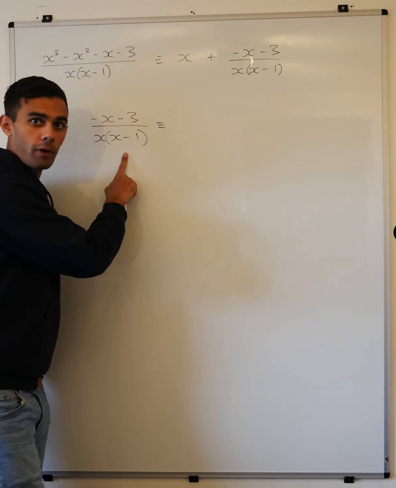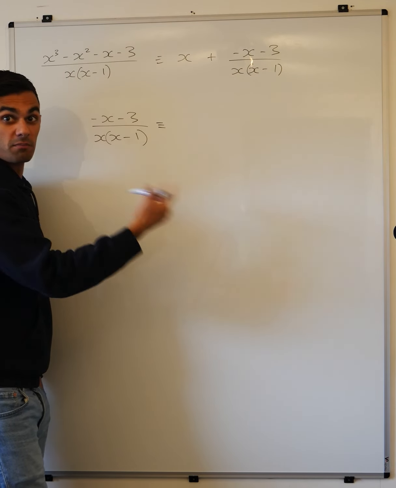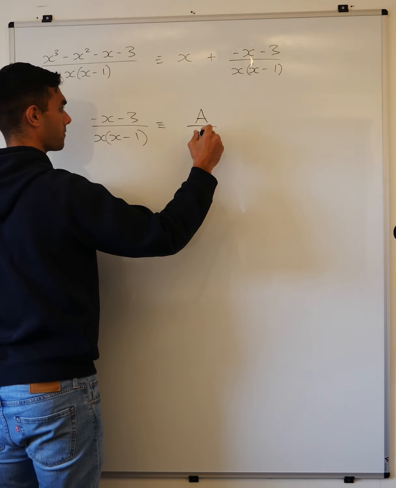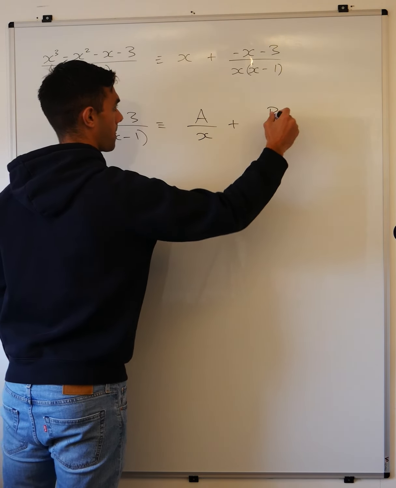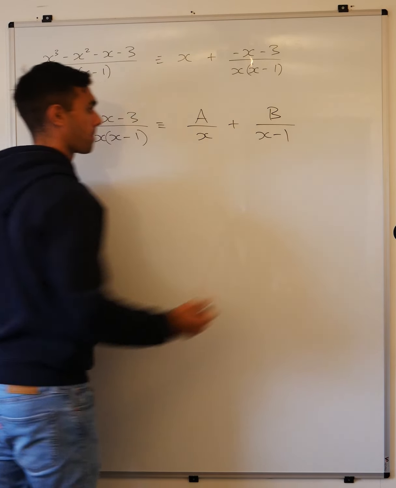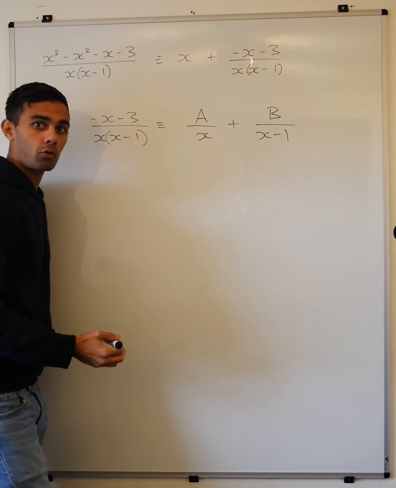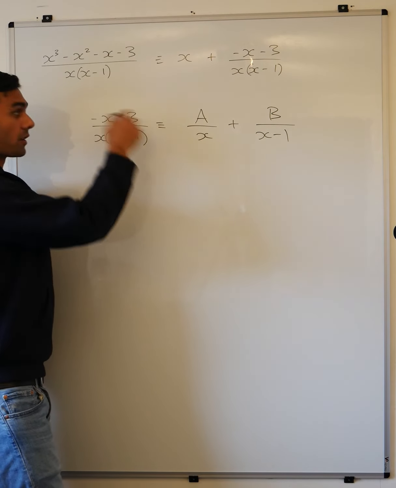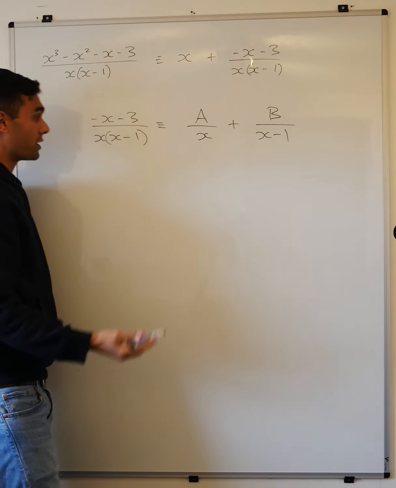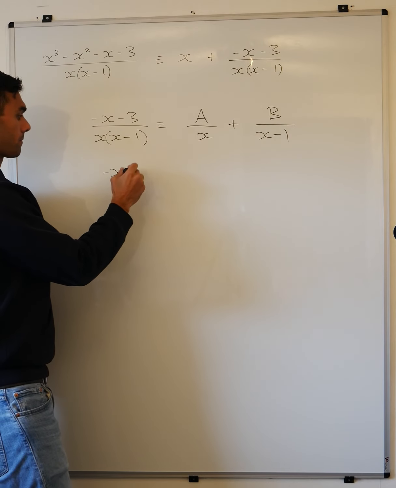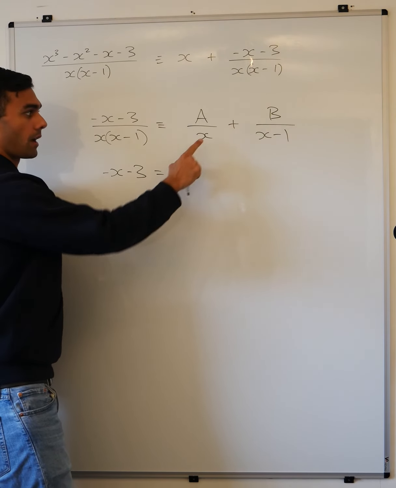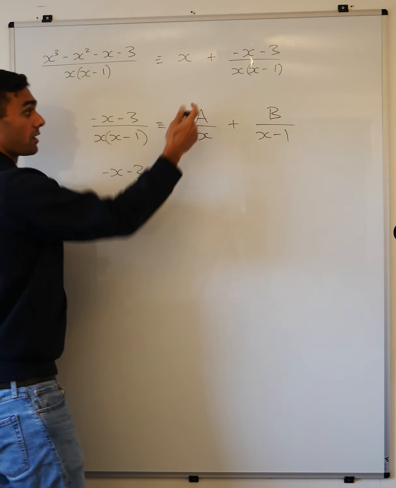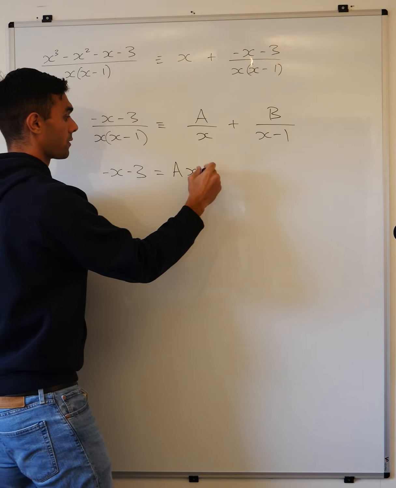To split it into partial fractions, we simply write it in partial fractions. Next step, multiply both sides by this expression. So the left hand side, you just have the numerator remaining. And on the right, you can times each fraction by this expression. This fraction becomes,